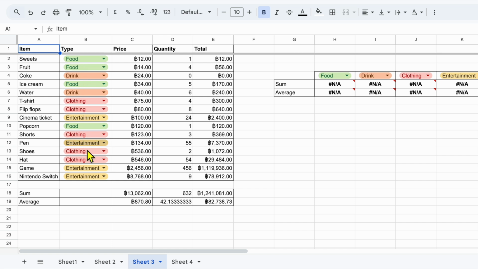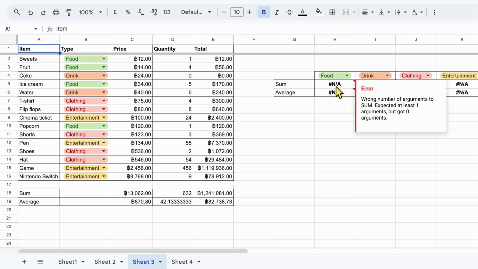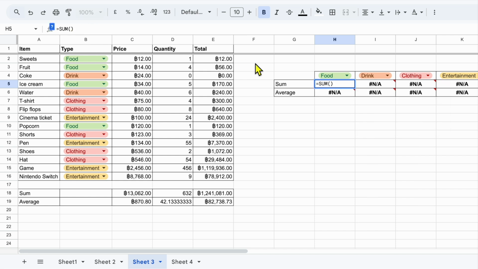I've added in some types for these items here that I have bought, and over here I want to do a sum of all of the food types, for example. Okay, so now inside my brackets, I want this total here, this number here, if we've got food here. So this, for example, is going to be E2. I also want E3, E4. Oh, sorry, I want E2, E3, E5, and I want E10. Now, to do these cells that are kind of separated, I use a comma. So I'm going to do E2, comma, E3, comma, E5, comma, and